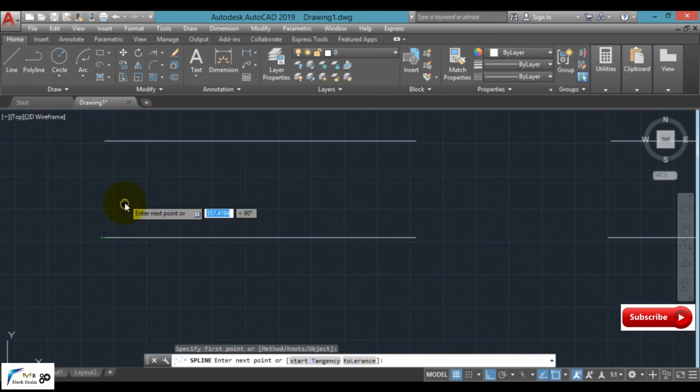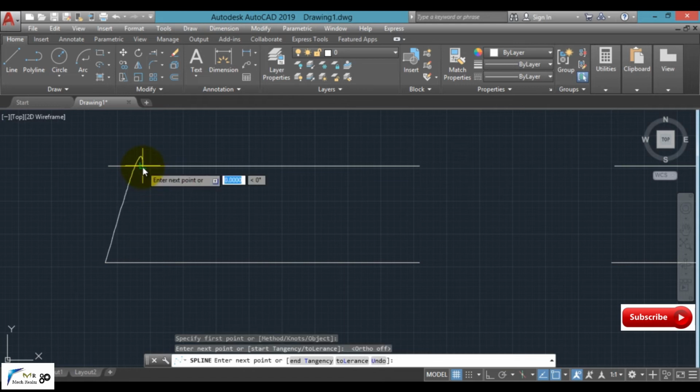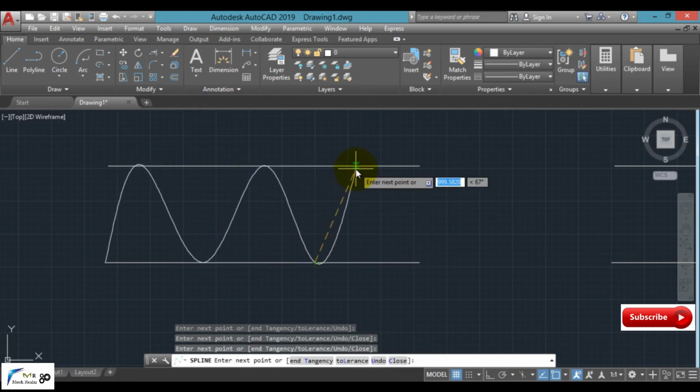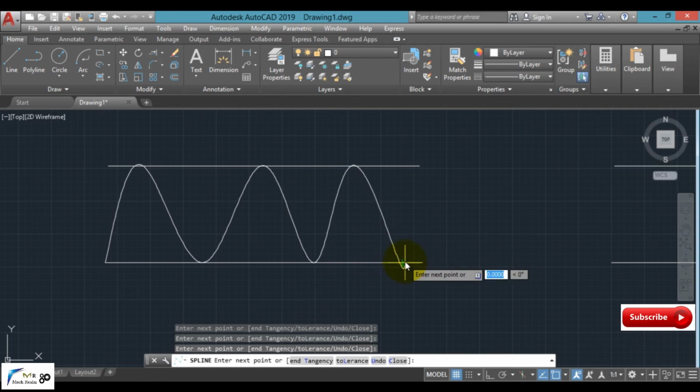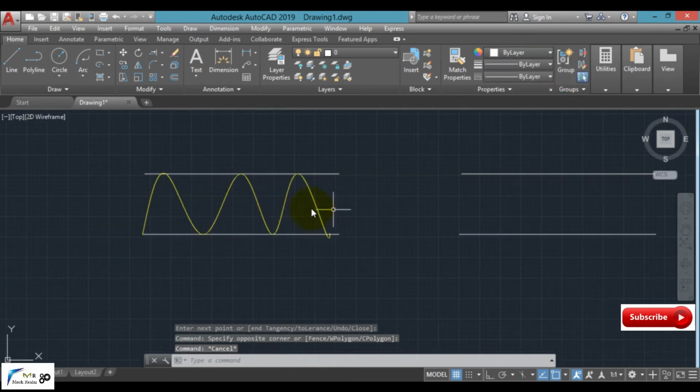Simply we have to define a start point, and turning off ortho is of prime importance. Select the second point on the line, third point, fourth point, fifth, and this one like this, and the series goes on, while providing it an angle, the color yellow.